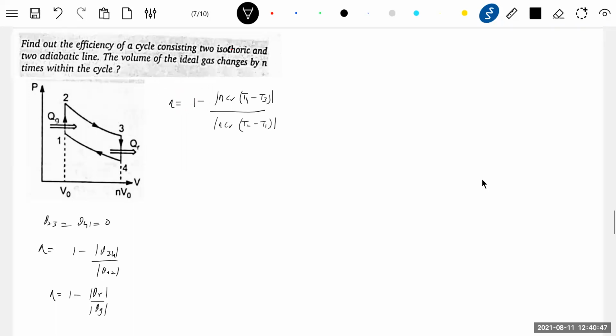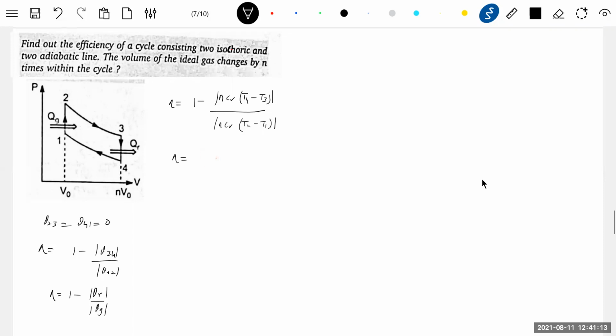Let me find out efficiency. We have only this, but temperatures are not given. We assumed it, no? Here. So this N CV will get eliminated. So altogether this will become T2